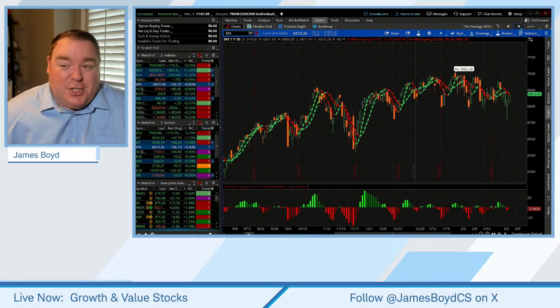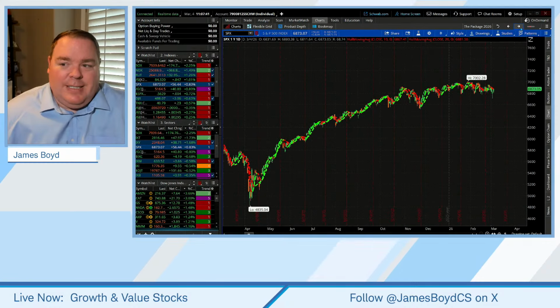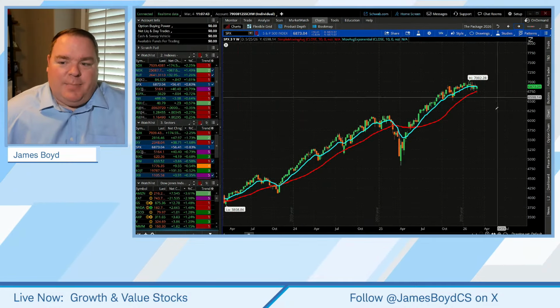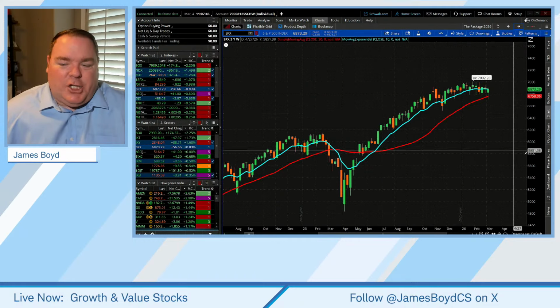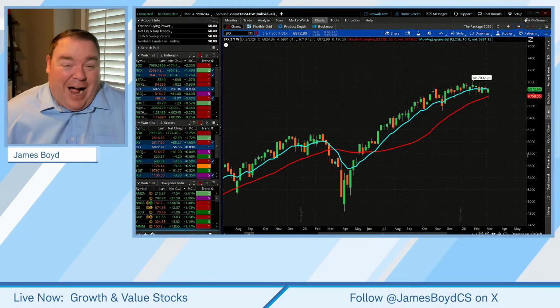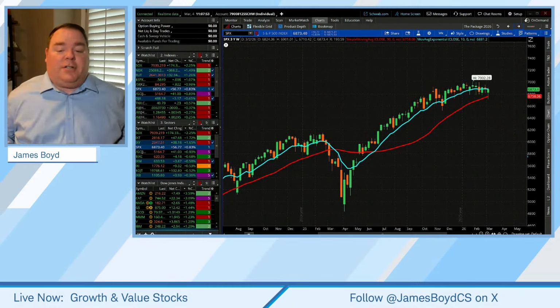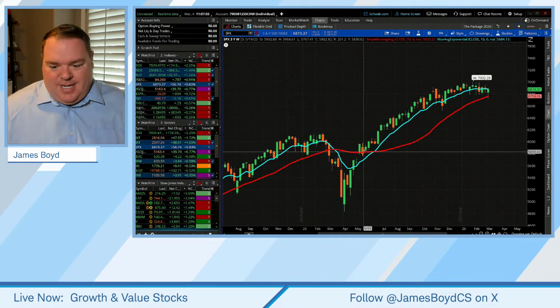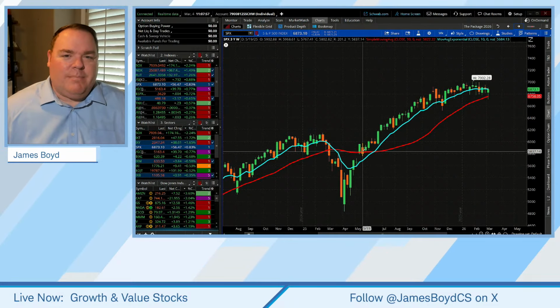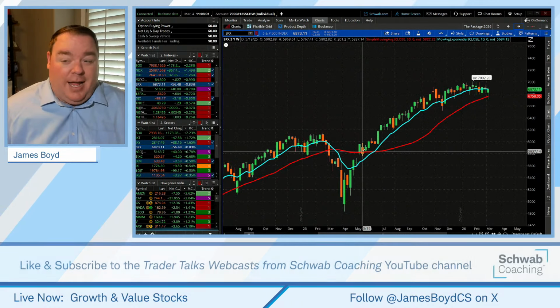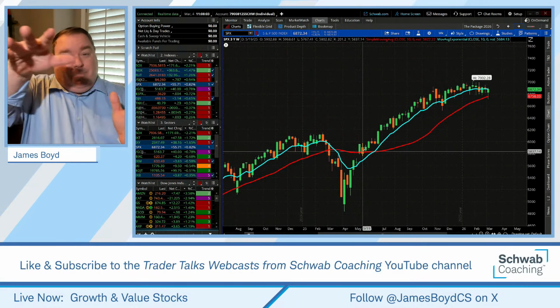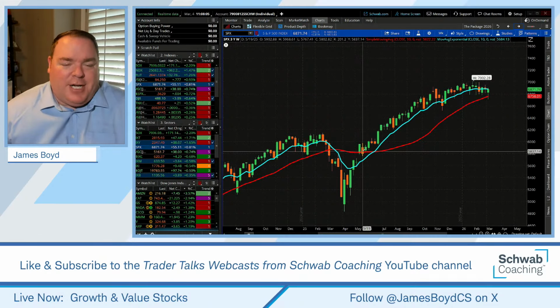When you pull up this chart, and I'll share this chart with you, when you look at the S&P 500 on a weekly chart, we finally touched the 30-week moving average. This is a simple moving average, the red line, and the first time we've touched it since last May. Now, is that unusual to finally touch it? No, okay. But we kind of arced back a little bit, had the moving average catch up to it.